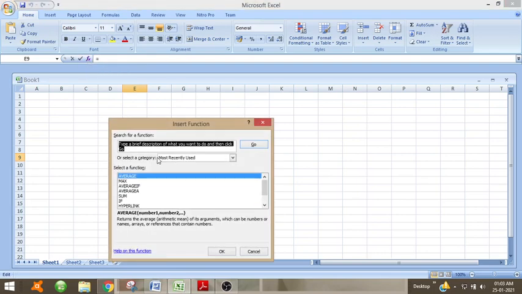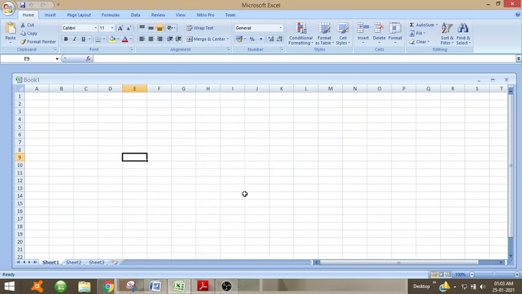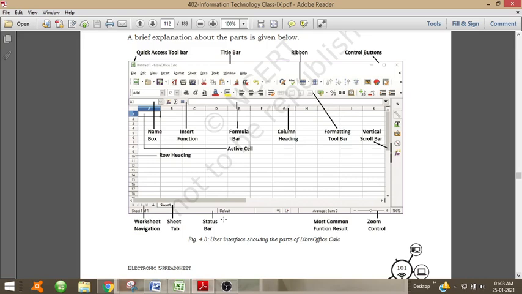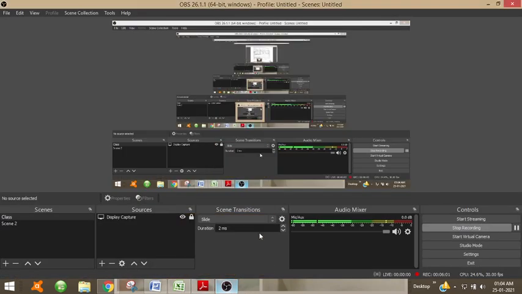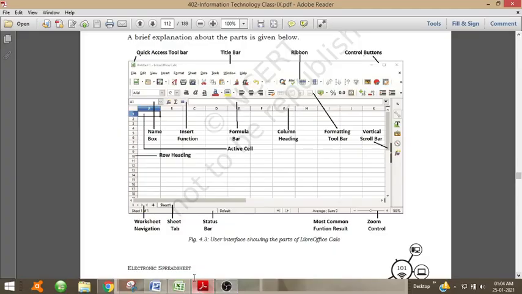We can perform any function, that is max, min, average. Then these A, B, C, D, E, F, G, H are column headings, and these 1, 2, 3, 4 are row headings.